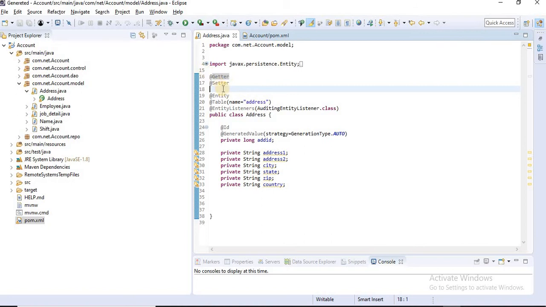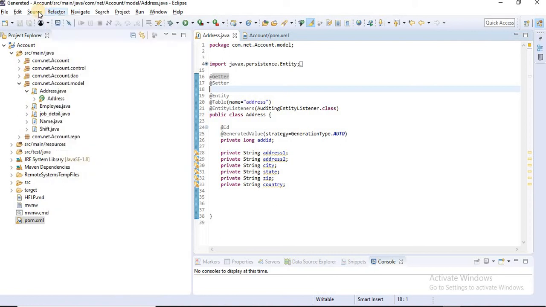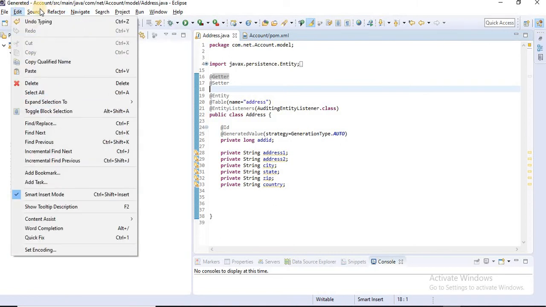For that you want to know your Eclipse application file location, so we can get the location from here. You can go to Navigate, and let's see where that is.